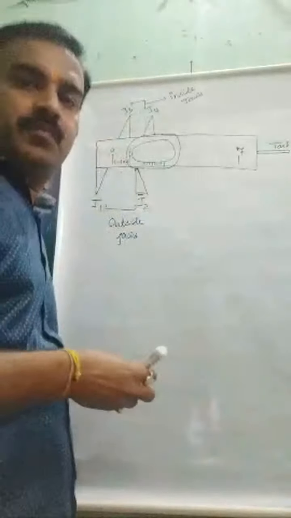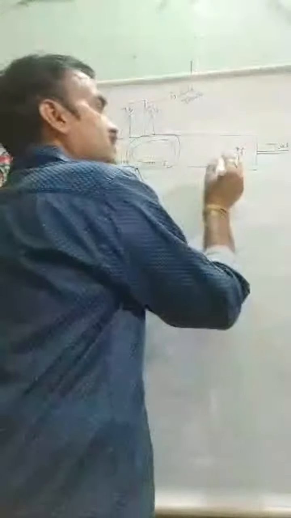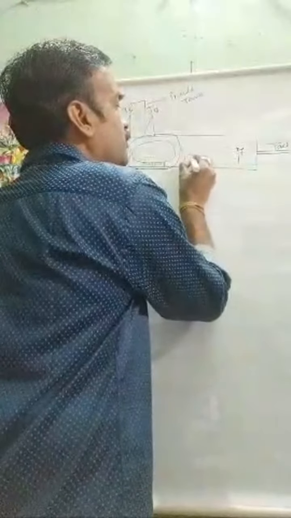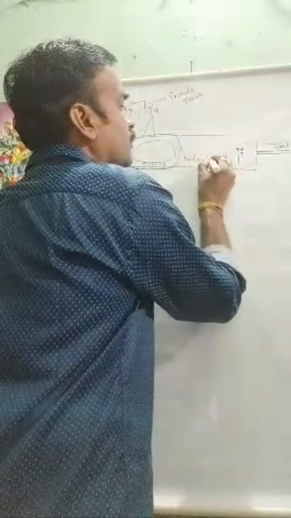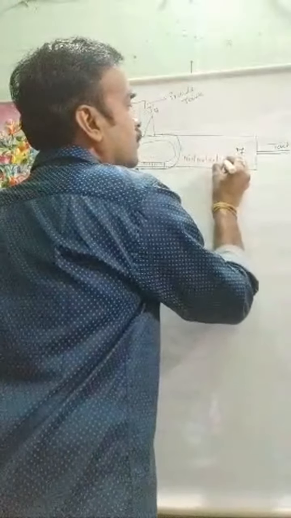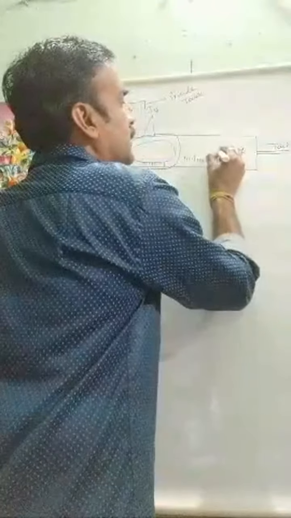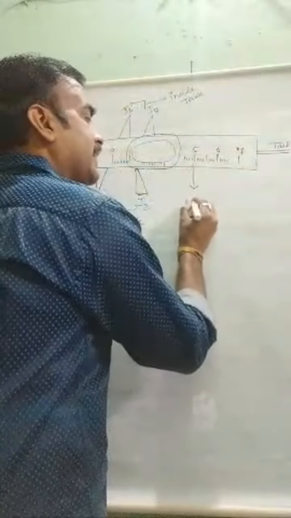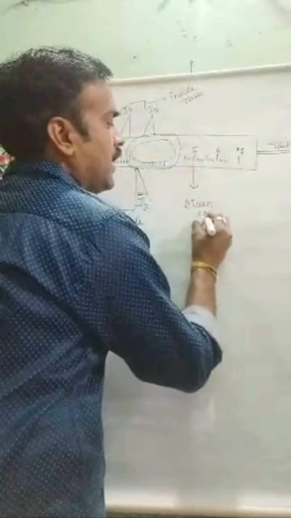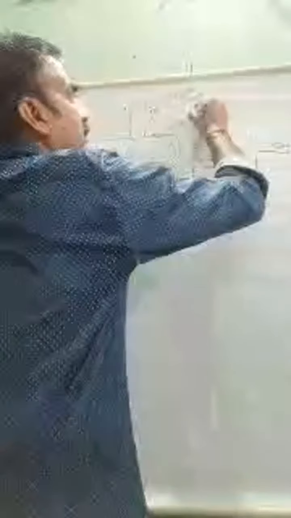Now come one by one, I'm just going to explain it. See, there are two scales. This one, some more divisions will also be there. This is 6, this one 5. So this is called the main scale. This is called the main scale. And this one is called the